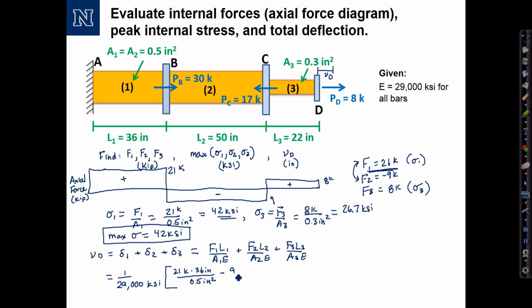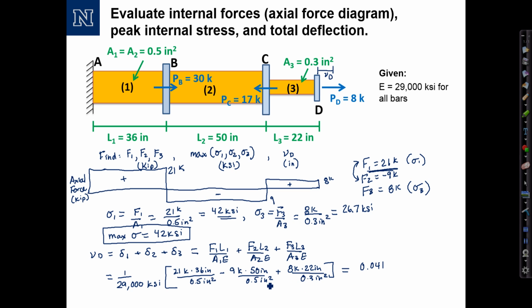So minus 9 kips times 50 inches divided also by 0.5 inches squared. And then segment 3, F3, 8 kips times 22 inches divided by 0.3 inches squared. And if we plug all those numbers into our calculator, we get